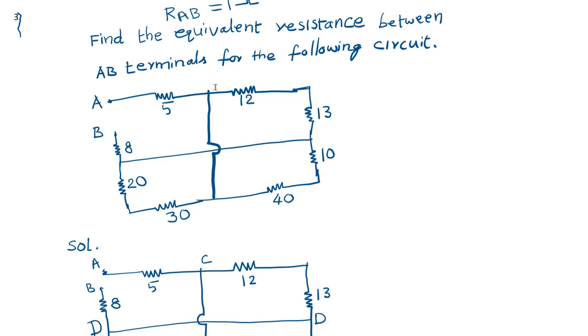Means, if you give some name here, the same name we can put here. Similarly here, there is another wire connected between this and this. So if you label something here, the same labeling we do here. To solve this type of problem, it is very easy. First redraw the circuit like this. Then wherever the labeling is missing for the wires, you label them.